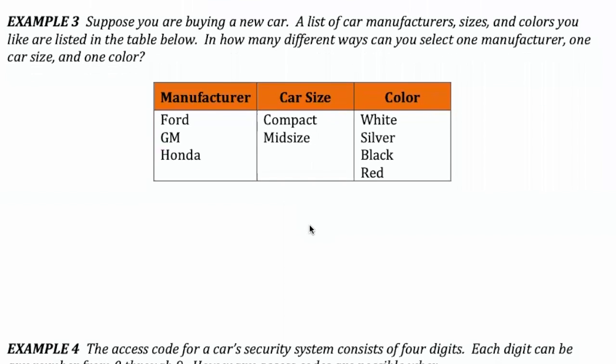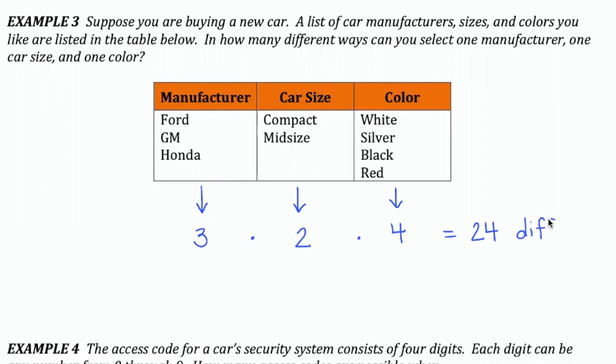In example 3, suppose you're buying a new car. We've got different manufacturer sizes and colors that you happen to like listed in the table below. In how many different ways can you select one manufacturer, one car size, and one color? Well, it's as simple as looking at how many choices you have for manufacturer, how many choices you have for size, and how many choices you have for colors. Multiply those together. 3 times 2 times 4 is 24